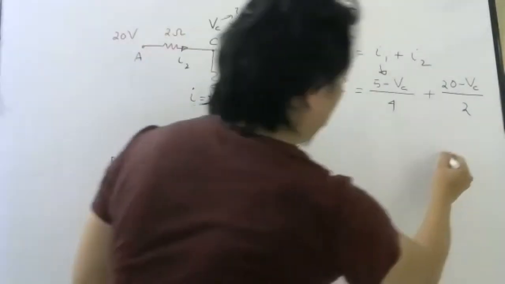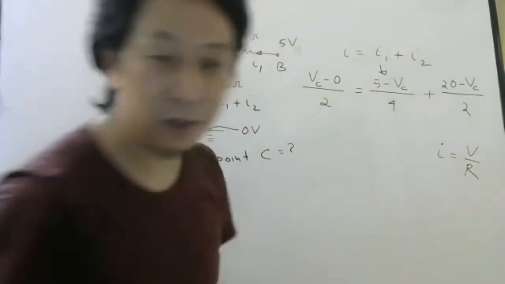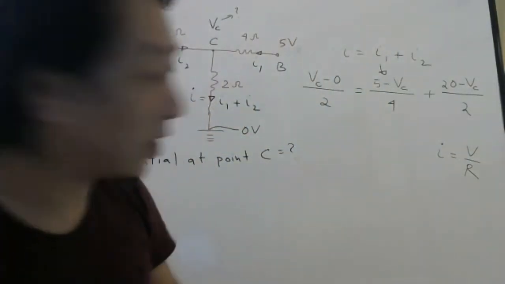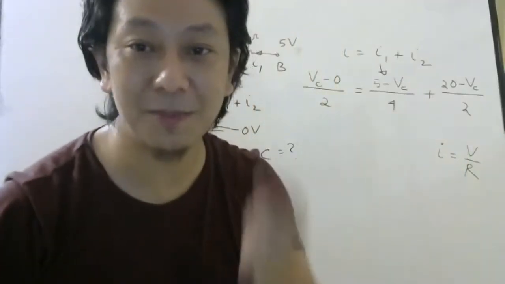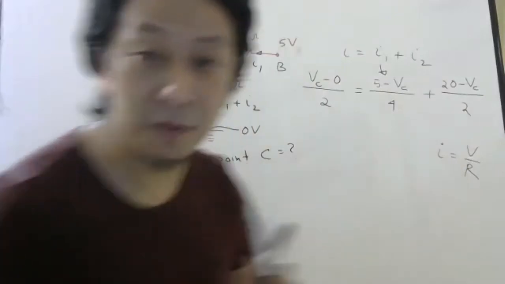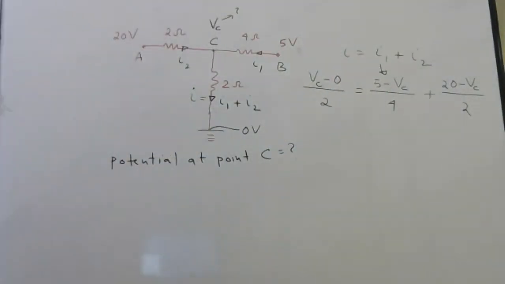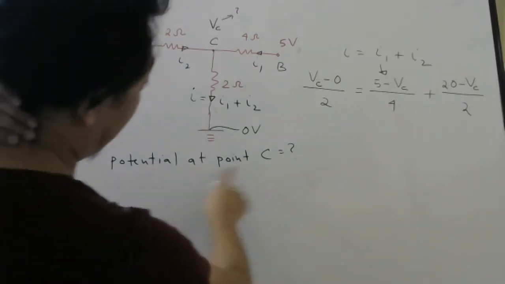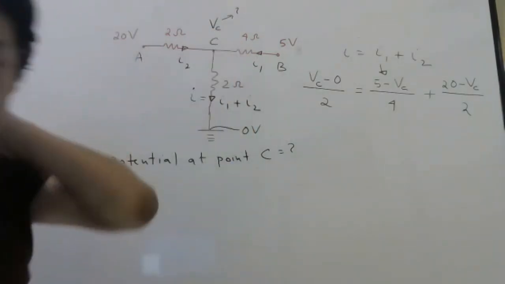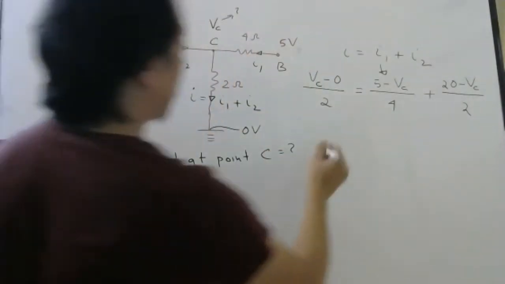I hope everybody understood, I have applied this formula only: I equal to V by R. But students, whenever we write V here, it actually means potential difference. This V in Ohm's law means potential difference. And since this time they are asking specifically potential at a point, we have to write the difference. So now you can easily solve, right?